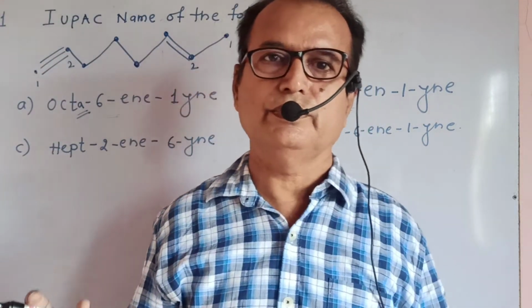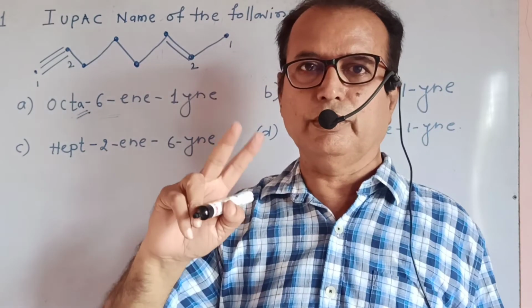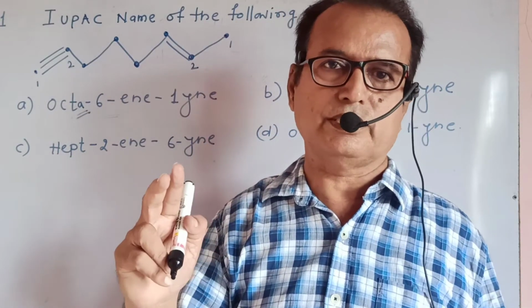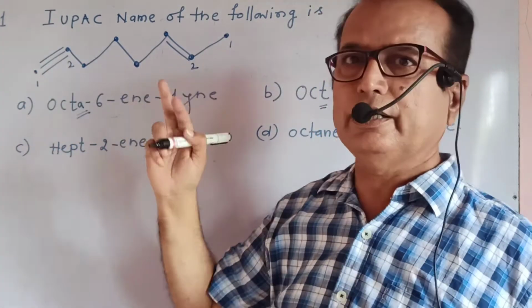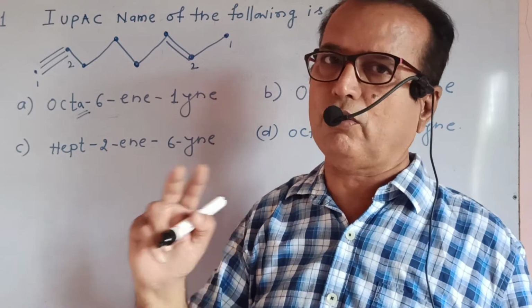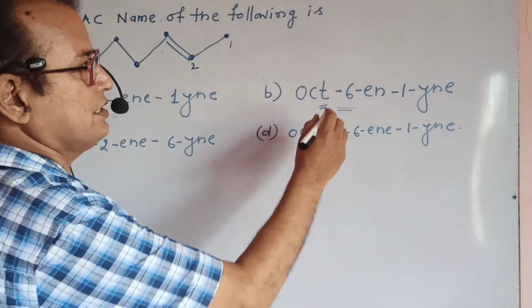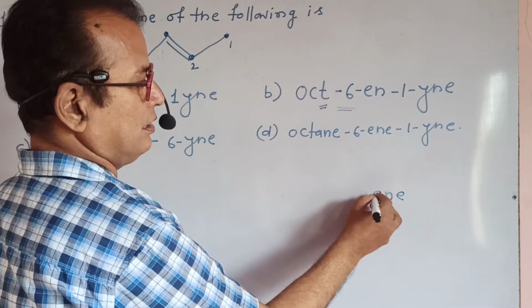Octa, if similar bonds are there, if two double bonds are there, then use octa. If two triple bonds are there, then use octa. If only one triple bond and one double bond is there, do not use octa. Use oct, such type of oct-6-en. E-N-E, it is also